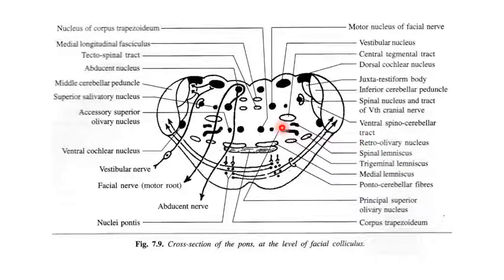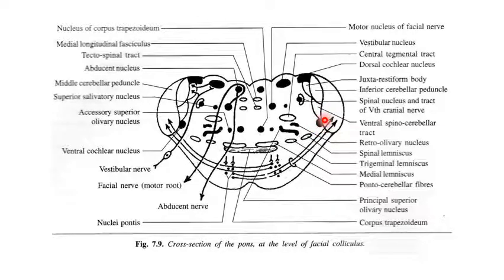So superior olivary nucleus consists of three nuclei: S shaped principal superior olivary nucleus, medial to it accessory superior olivary nucleus, dorsal to it retro olivary nucleus. Medial to it, this rounded nucleus is the nucleus of trapezoid body. Now this nuclear complex receives fibers from the ventral cochlear nucleus. This rounded nucleus is the ventral cochlear nucleus.